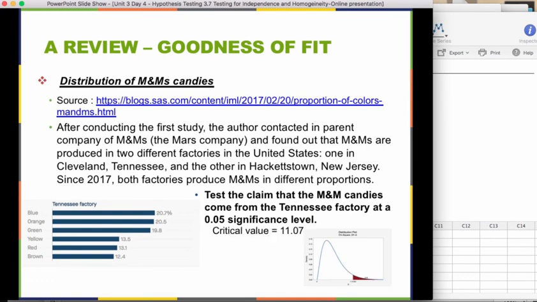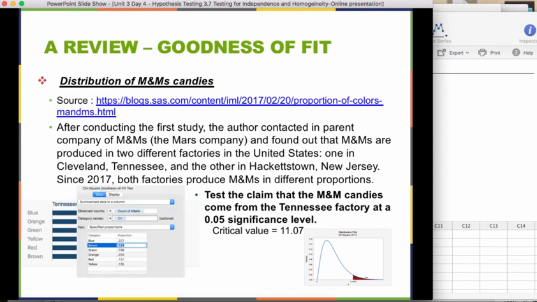Originally, our sketch of the graph of what would be the critical region is going to be the same. It is the same candies that we're looking at, in that there are 6 different categories. So that's this degrees of freedom of 5. Significance level is the same. So the critical value that we're testing against is 11.07. We would end up entering it the same way, unequal proportions or specified proportions,